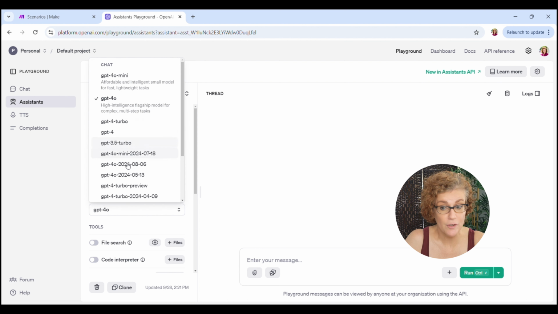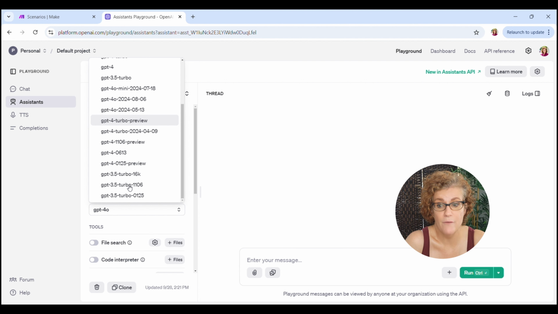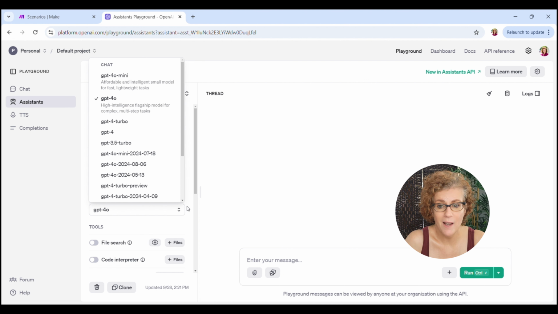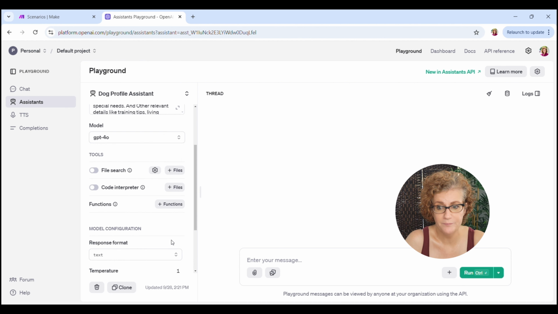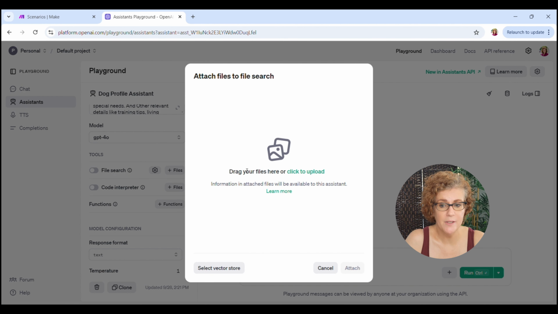As far as the model, you can choose different models if you want. For this, I'm just going to stick with the GPT-4o. I think it's great. Now, file search, you can think of this as your knowledge base. I'm just going to take some files from my other screen here. I'm going to drag and drop those here